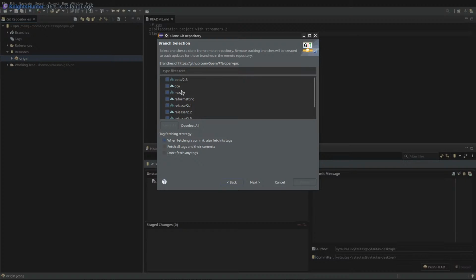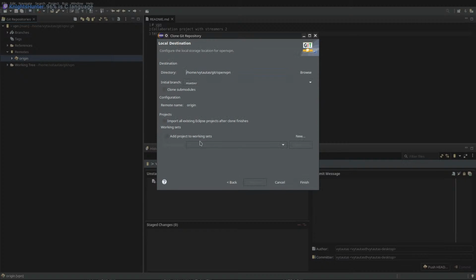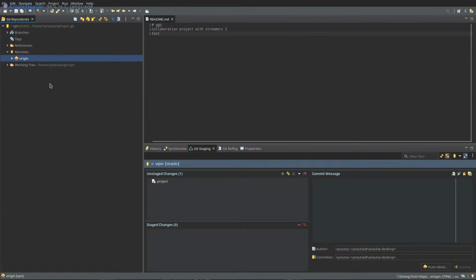It's a bunch of branches. Yeah, let's get all of them. Why not? Okay. System projects after then. I don't think there will be any Eclipse projects in it. Okay, looks like it's going, cloning.